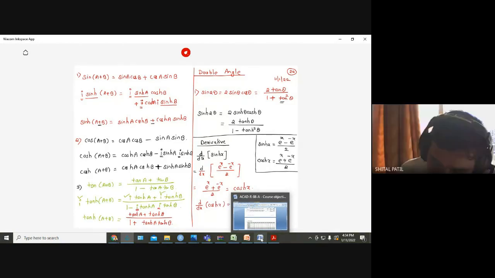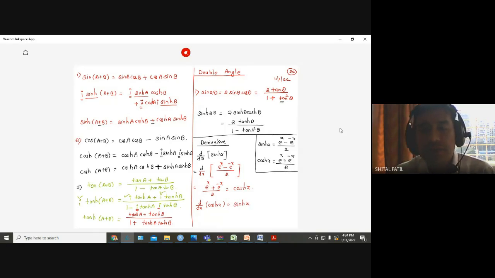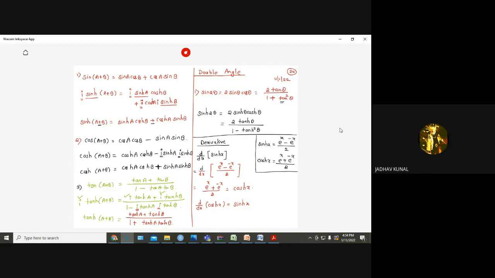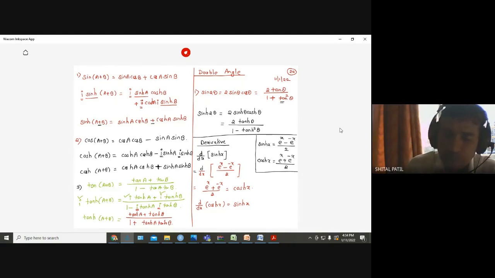Right. So in case of circular functions, the derivative of sine x is cos x, whereas the derivative of cos x is minus sine x. Right. And therefore, if you might remember,